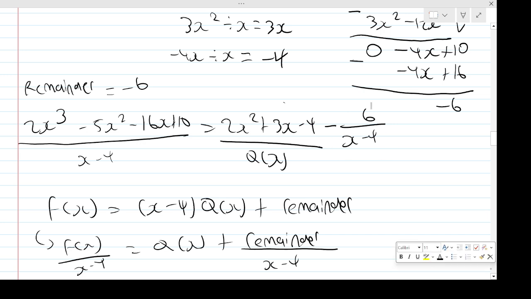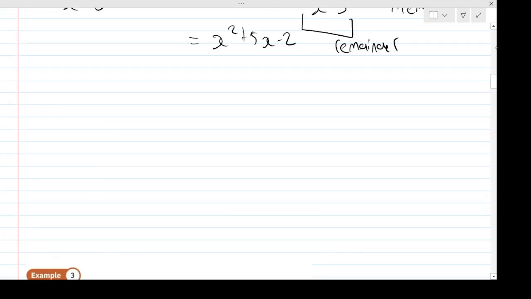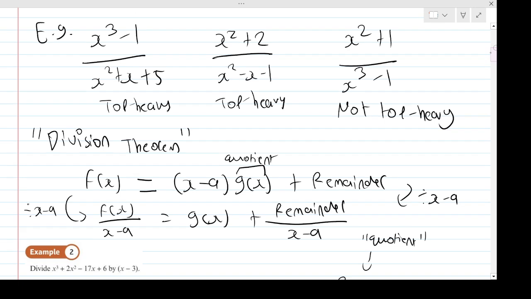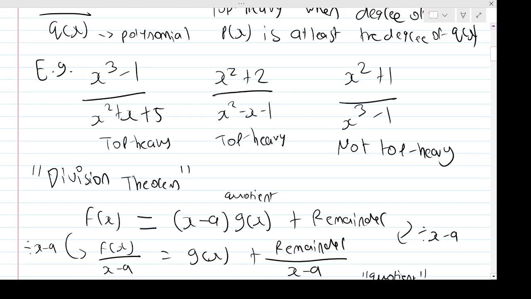Okay, and so that is basically what the division theorem is, even though it looks a bit abstract, maybe a bit weird when you see it for the first time. But that's basically it. And as another reminder, we only do this division when we have top heavy algebraic fractions,